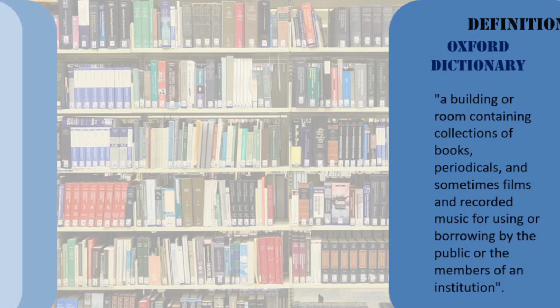Here, you know about the books, and periodicals means documents that are published at regular intervals, such as journals, magazines, etc. Sometimes films and recorded music. So you can understand that the library deals not only with books or journals, but also any embodiment of thought